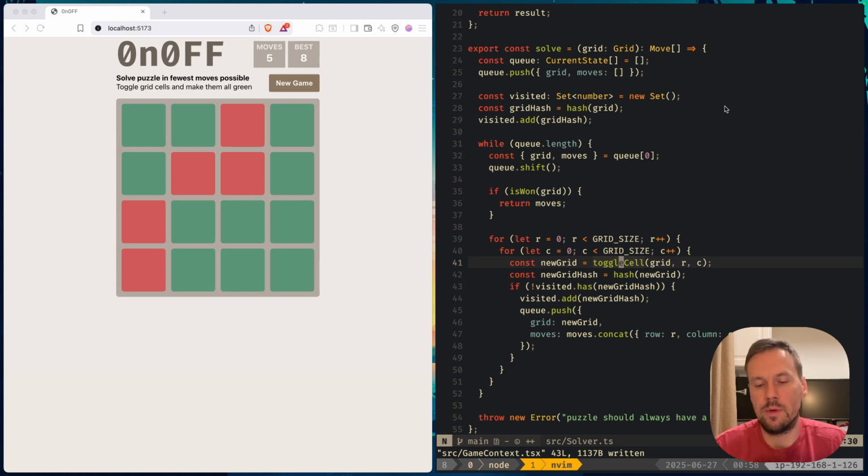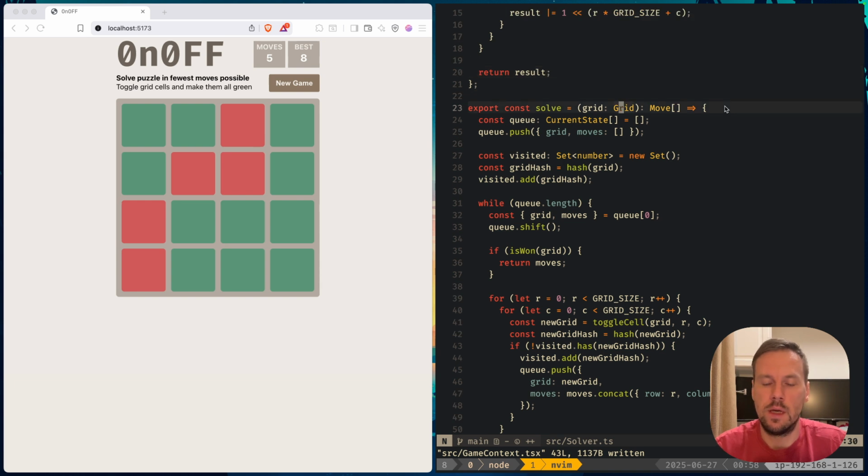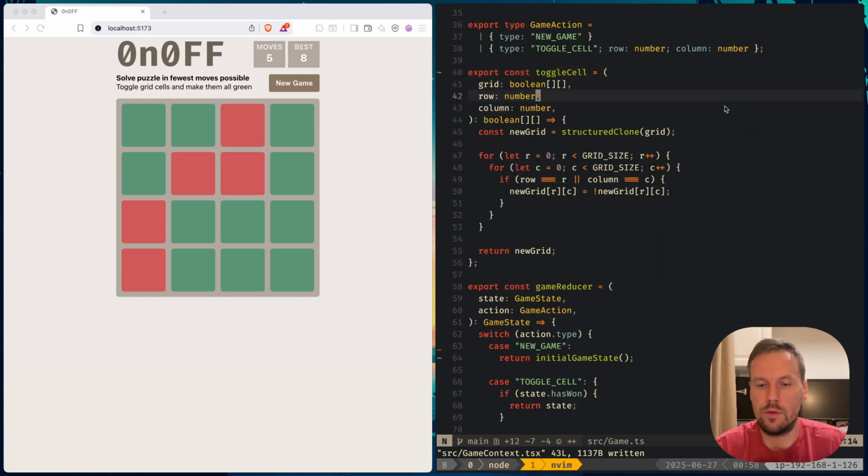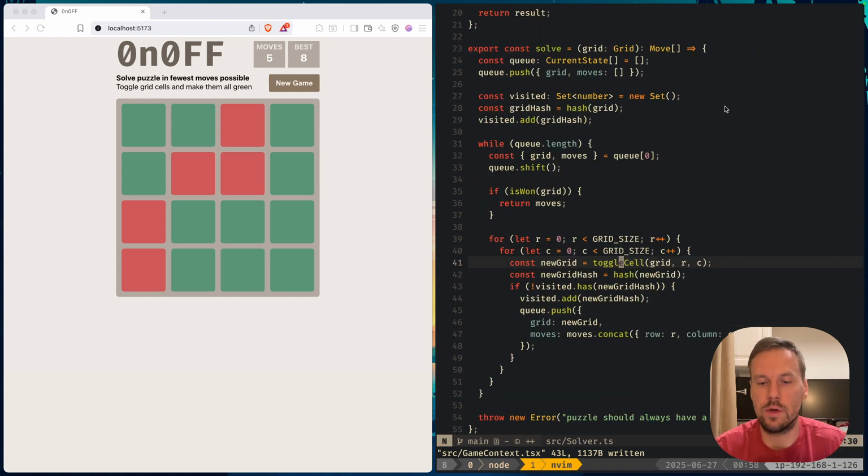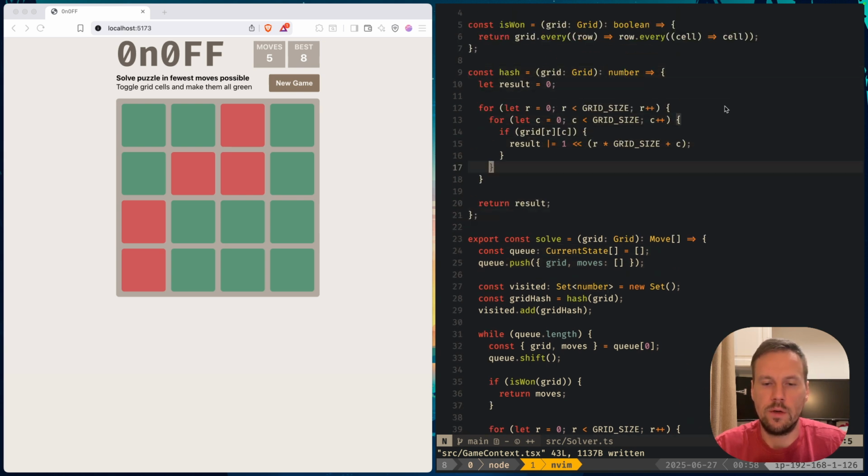So we need to somehow optimize our solver so that it works really fast, always pretty much, so that whenever we click new game and solve is invoked, it will calculate everything quickly. So in other words, we need to drop or avoid using this structured clone somehow. As it turns out, the solution here is quite easy. We already know how to represent a grid as a number. And what we can do is that we can use the same number